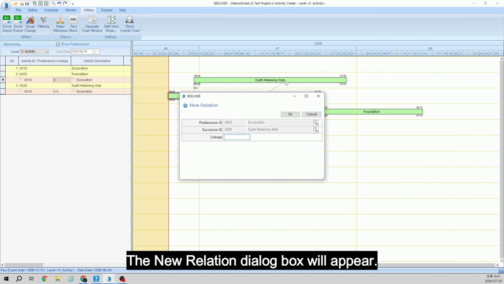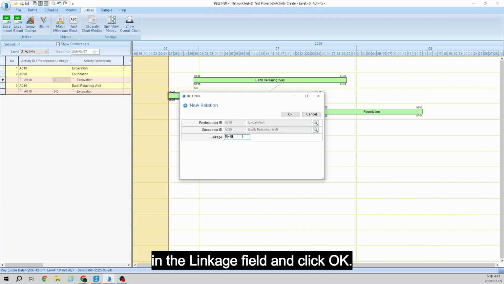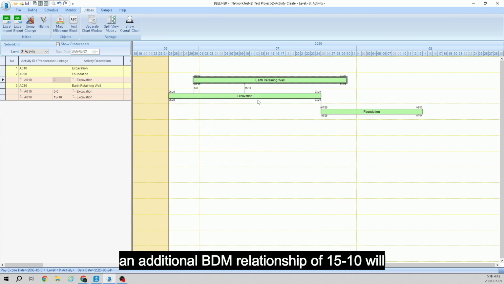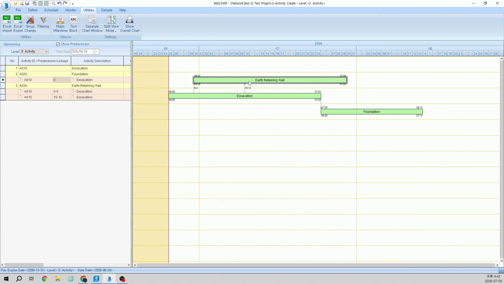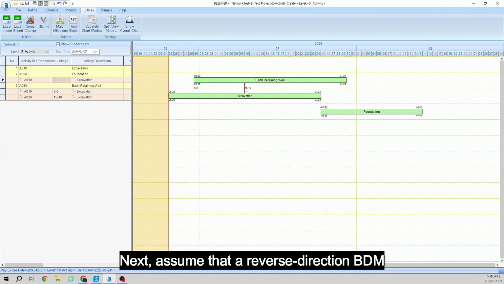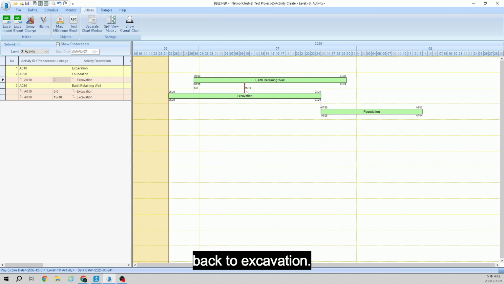The New Relation dialog box will appear. Enter 15-10 in the linkage field and click OK. An additional BDM relationship of 15-10 will now be added between excavation and earth retaining work. Right here. Next, assume that a reverse direction BDM relationship of 15-23 is required from earth retaining work back to